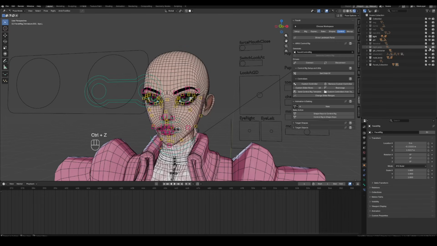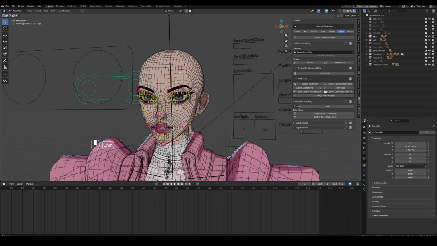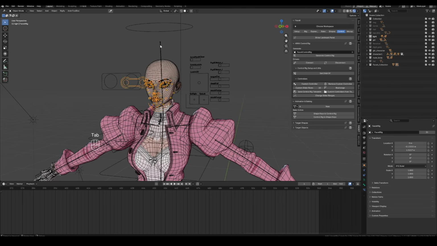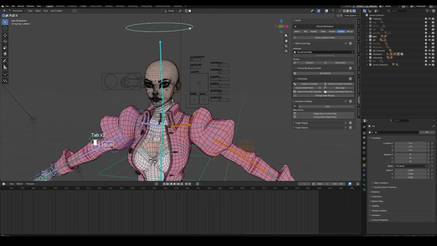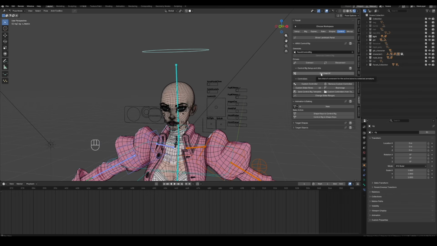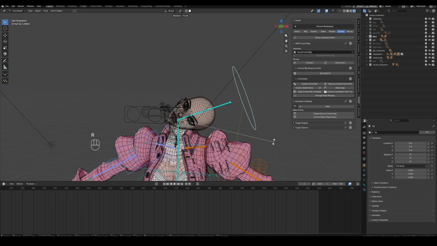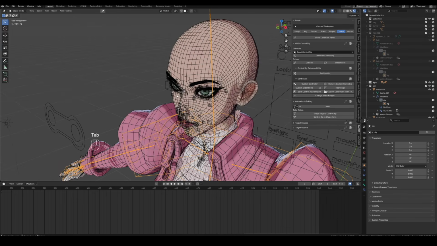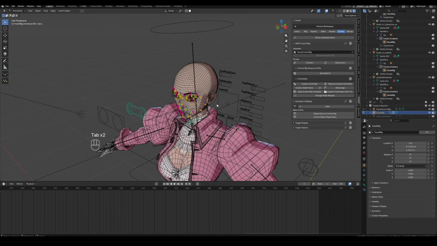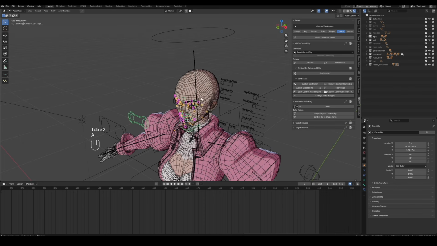Last step is making the facial rig follow the head. I set the facial setup as a child of the head. Go into Pose mode and select the head bone. In Facet, click Set Child of, so when you move the head, the facial controls move with it. Select the facial bones, enter Pose mode, and press A to select all.